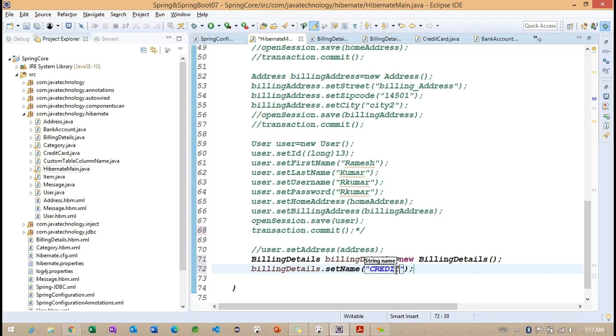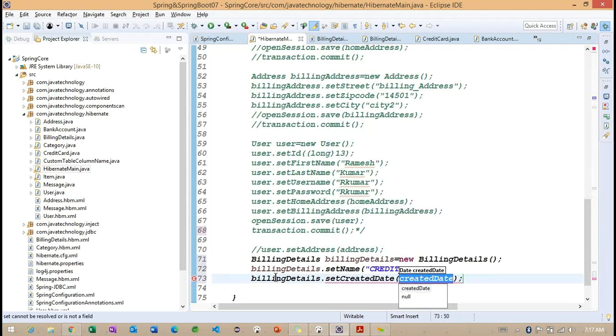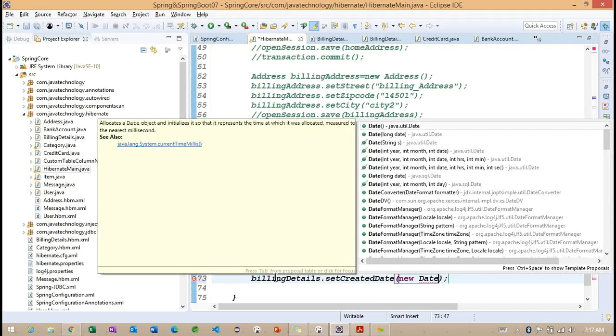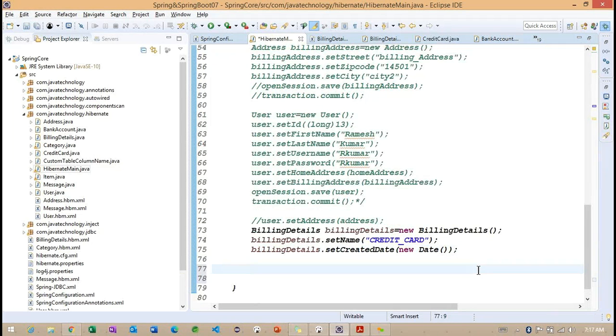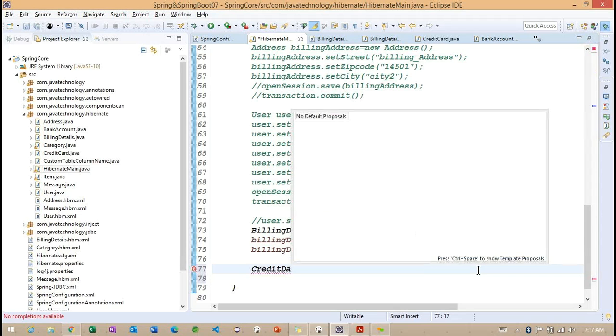The name I want to provide is credit card, because now we are working with this billing detail with the credit card section. Finally, created date I want to specify. This created date I want to work with a new date, right? Which is going to work as the current date. Now we created this particular billing details. Finally, what we need to do? We need to work with a credit card.